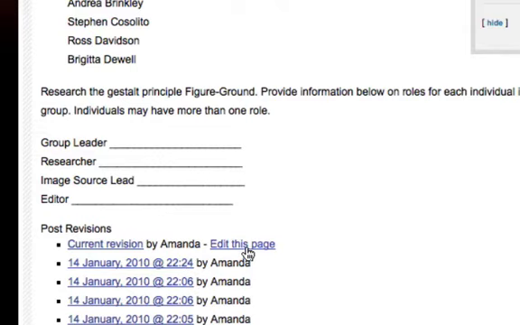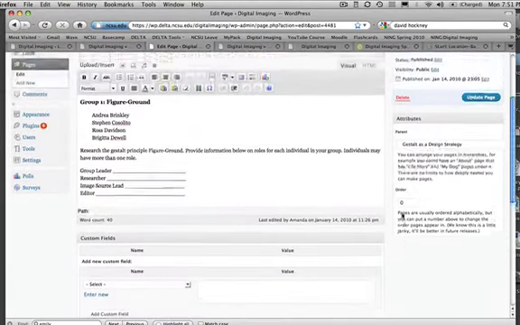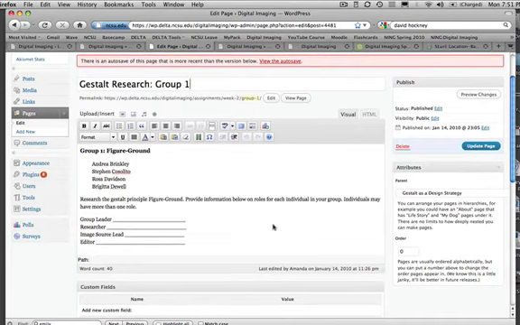If I click this, it just takes me inside the editing space, which you see when you create your post. You will end up in this space here, and then you just update the page. You don't want to change anything else. Definitely don't change this, because otherwise you'll change where it ends up going and we won't be able to get to it anymore. Just change the information over here and click update and you'll be good to go.